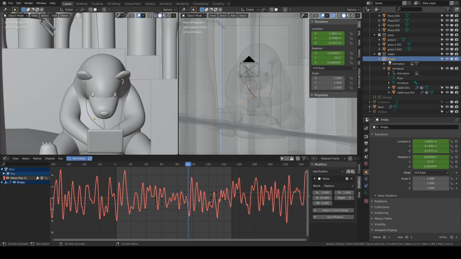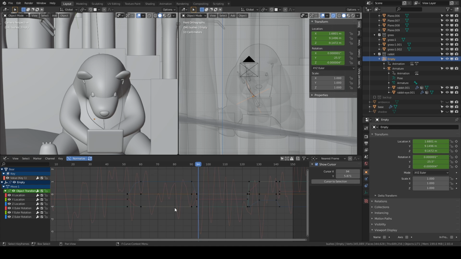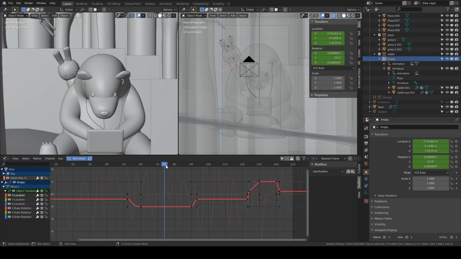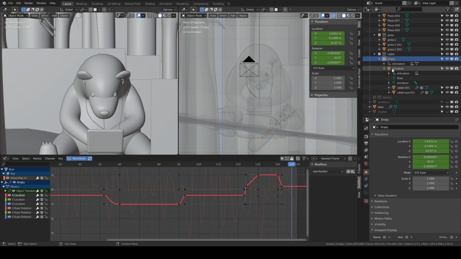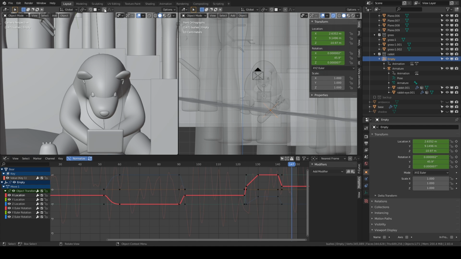Let me see where the empty is. So this is the x y z. Yeah, so it's moving in x and z, so it's static from the beginning, and then it moves, something happens, it goes back to a hiding state, and then it reveals again. Anyways, so this is the entire scene.